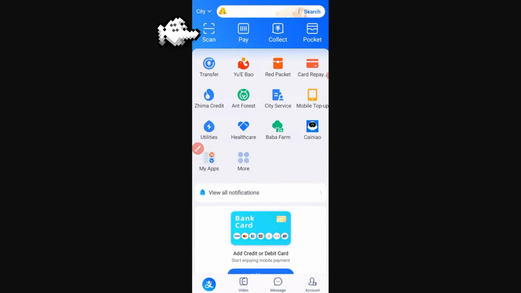Hello, today we're gonna see how to reset Alipay payment password. This is easy. The first step we need to do is open our Alipay app, and right here we're gonna